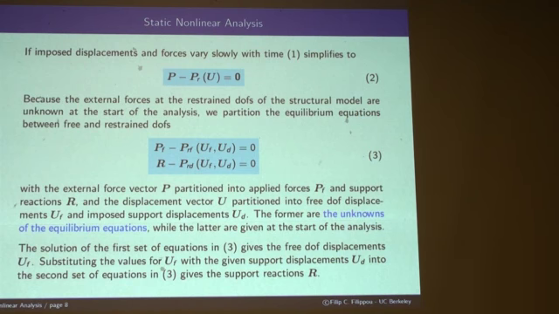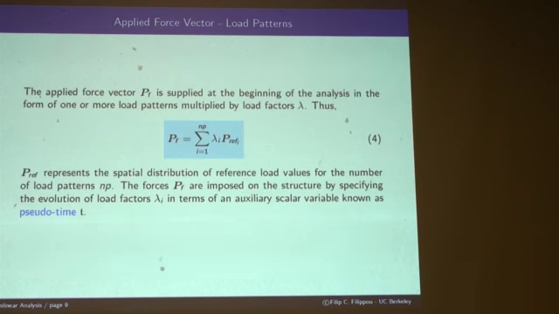Anyway, so the unknowns of the equilibrium equations are the displacements at the free dofs of the structural model, and I use a subscript F for the free, and then a subscript D for those that are restrained or known displacements. Okay, now as far as the applied force vector is concerned,